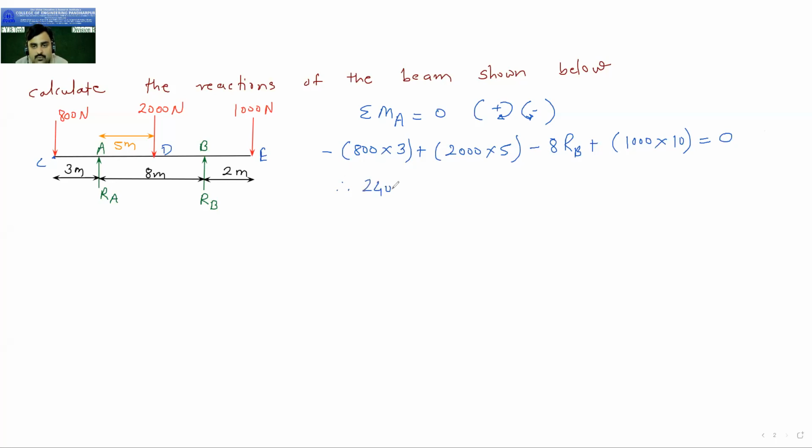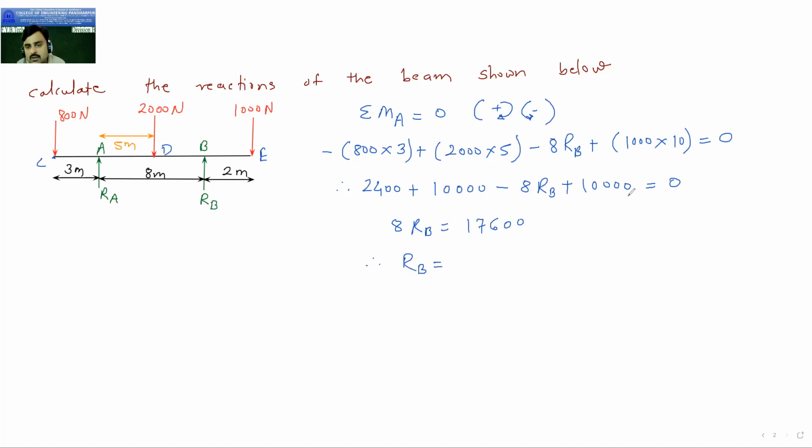This will become 2400 plus this will become 10,000 minus 8 RB plus 1000 into 10, again 10,000 is equal to 0. So if you send 8 RB to that side, then you will get 8 RB is equal to 17600. Therefore RB is equal to,